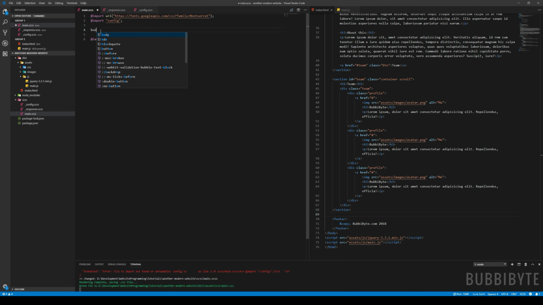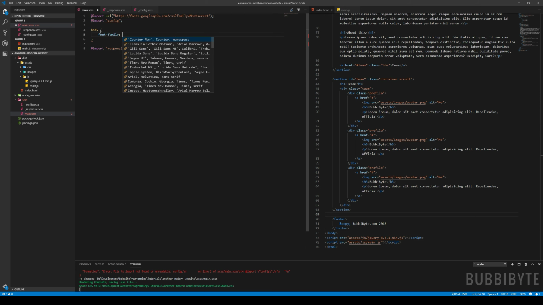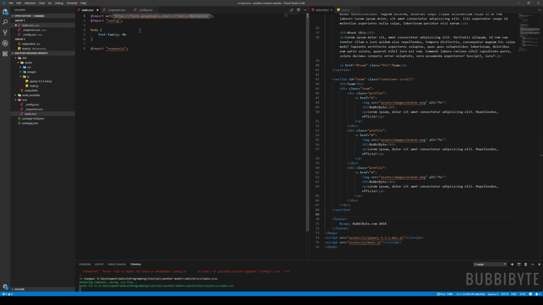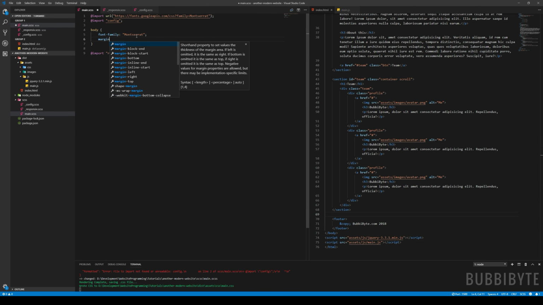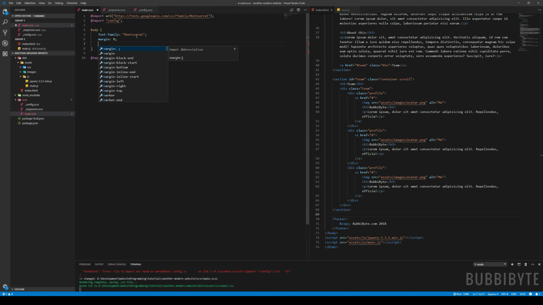So let's go ahead here in the body and say our font family will be, so I'll just take it here, and it needs to go in like those two. Don't know what you call them in English. Sorry. Set the margin to 0, set the padding to 0, and then I'll go ahead and make sure that